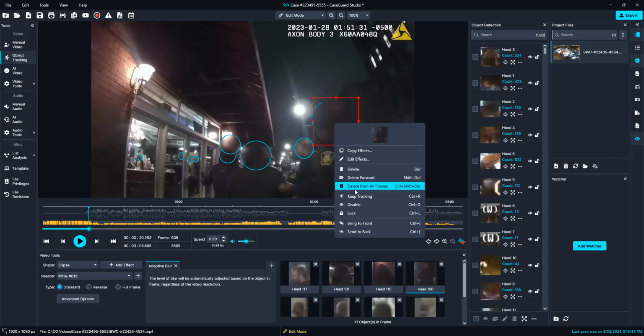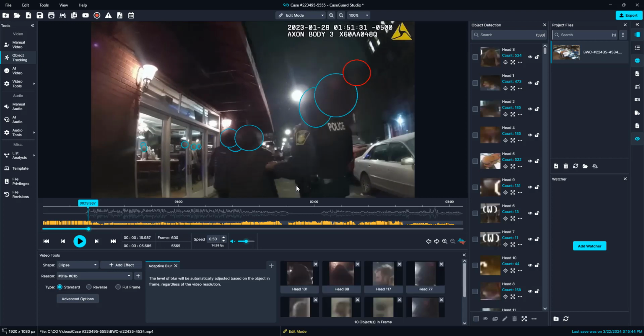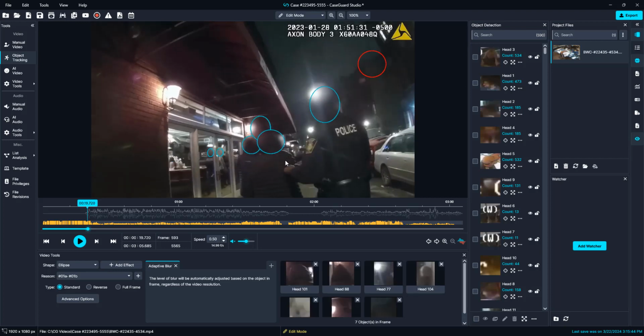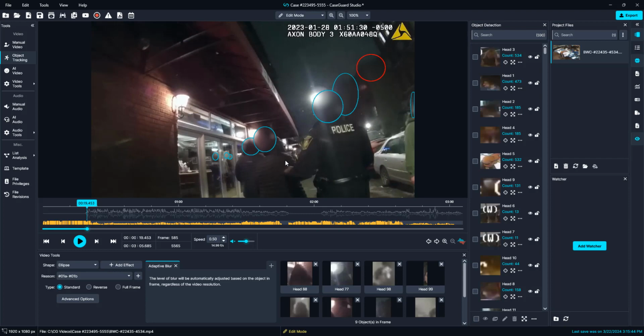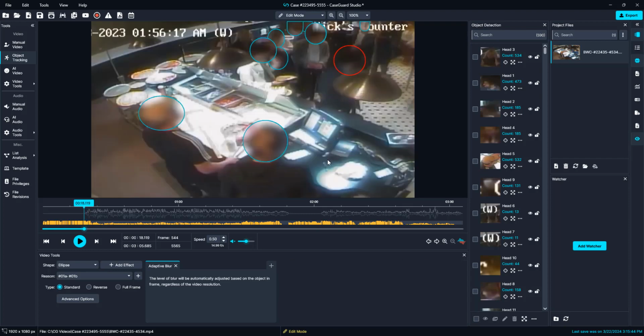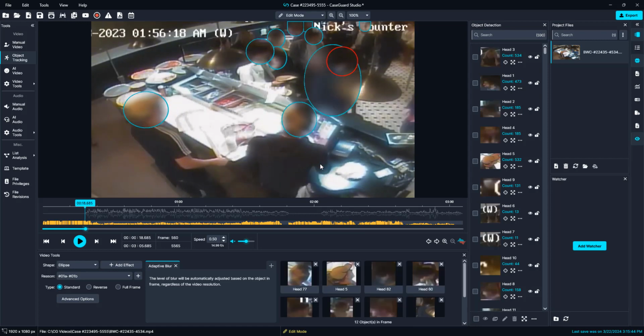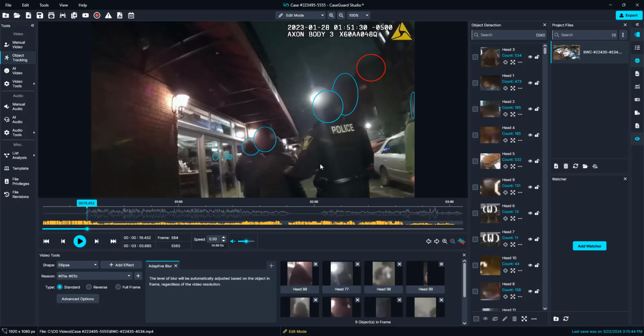If you want to ever delete from all frames, I recommend using the disable. And like I mentioned before, we do not need these officers redacted, so we'll go back to the very first frame that they appeared. I'm just using my left arrow key to quickly go back, and you can use the down arrow key to go back even farther. And now I'll use my right arrow key to go a few frames forward to find that first frame the officers appear,